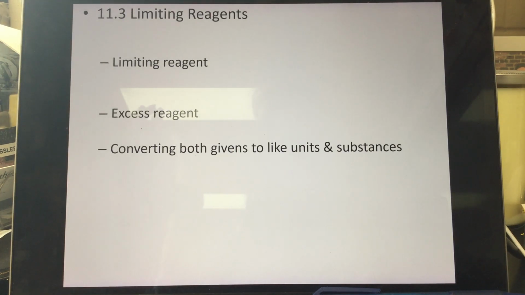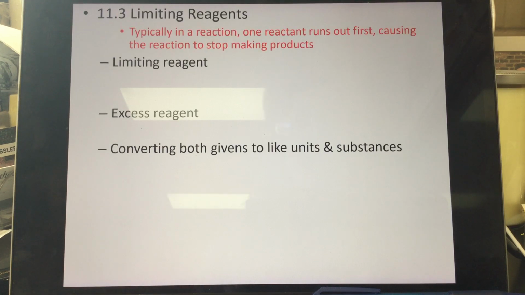Today we're going to be taking a look at section 3 in chapter 11, which talks about limiting reagents. Hopefully you've already read about this to help answer some of the questions from the stoichiometry activity that was due today. So limiting reagents, if you've noticed in most of the homework questions you've done so far in this chapter,